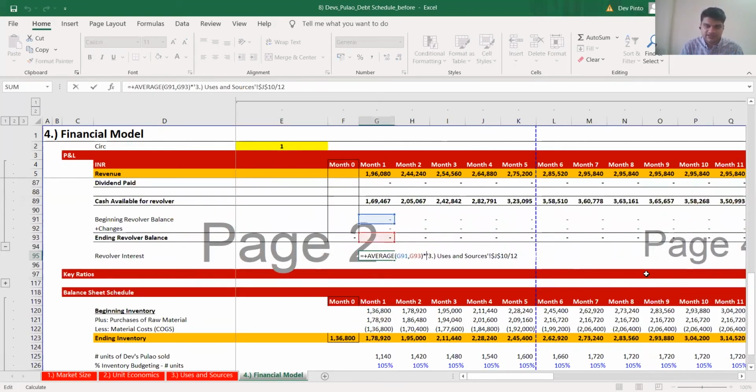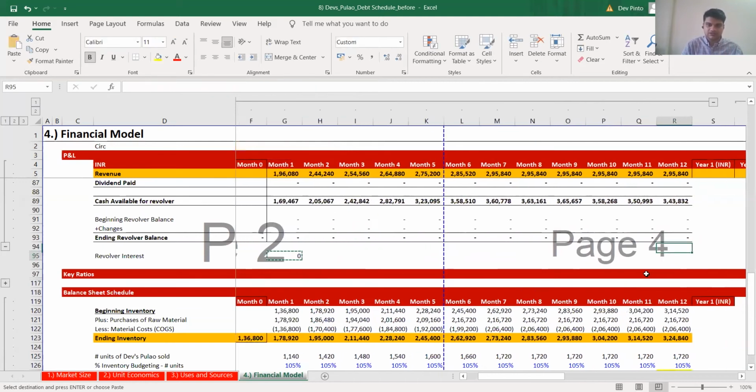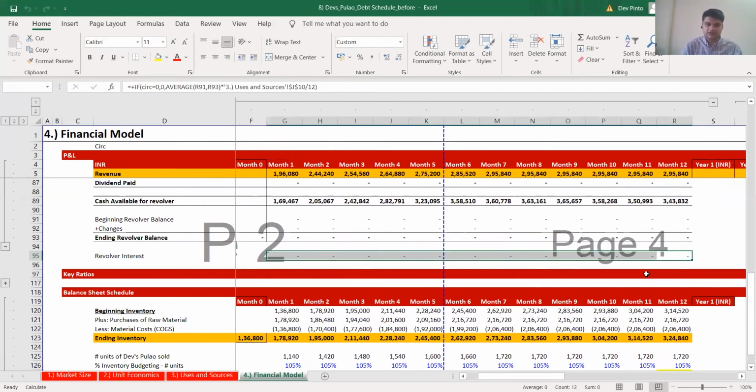This is the computation for the revolver, but if circ is equal to 0, if we switch the circ off, we need to break the circuit breaker, right? So at 0, if circ is 1, then we will compute this, right? So here,